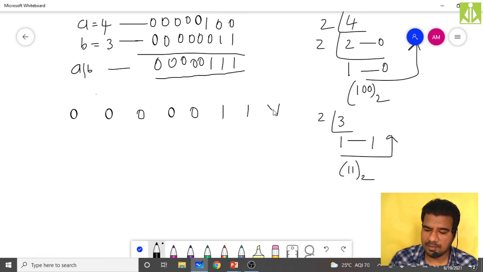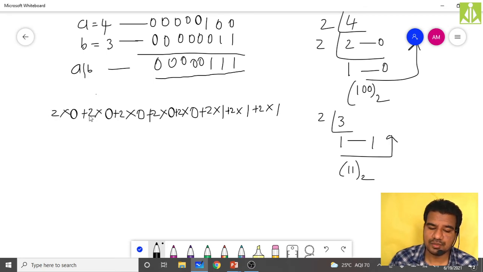What we have to do is convert this binary number into decimal. Multiply by 2 and add, multiply by 2 and add, repeating at each bit, and then finally multiply by 2. That's it.